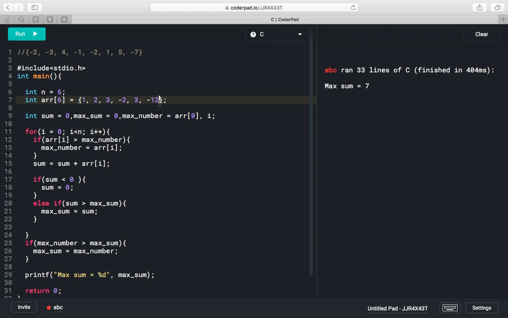Like we can have 4 and 5. So the sum of this subarray will be 9. So it is greater than the sum of this subarray. So it should print 9. So we have 8 elements right now. So it will print 9. See,